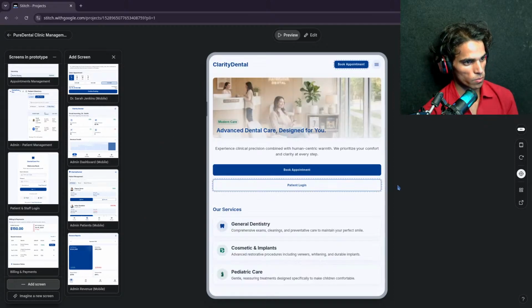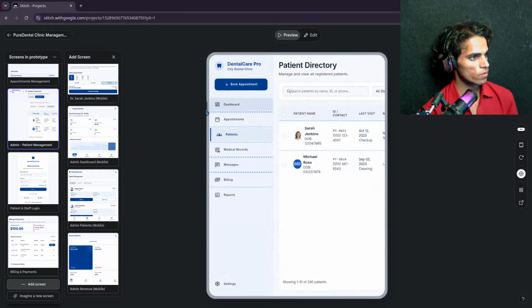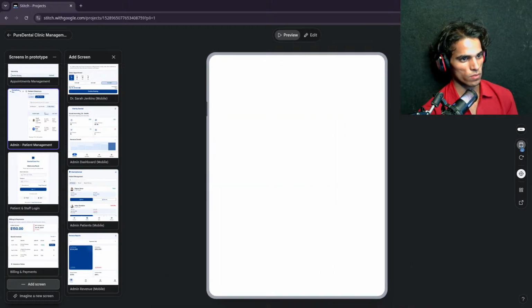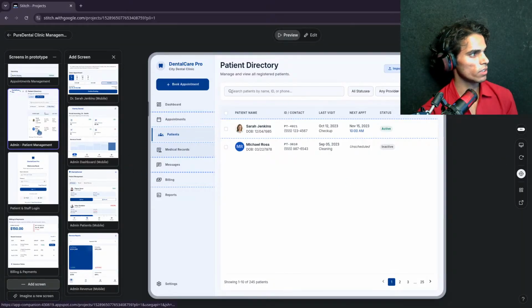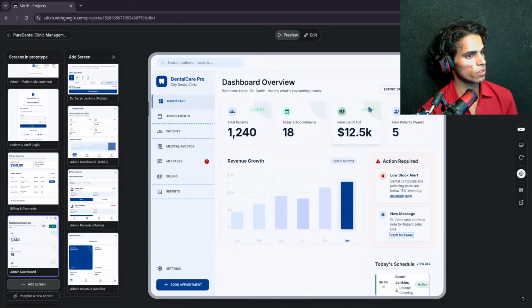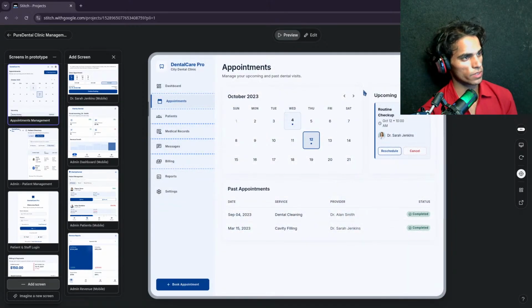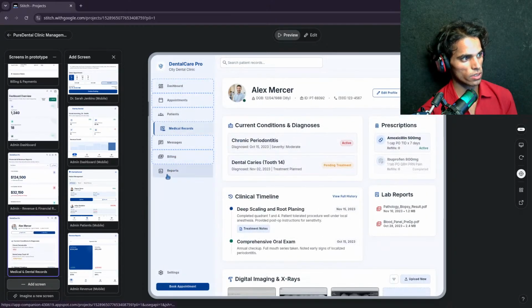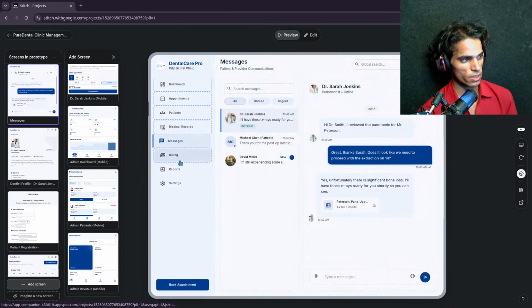So what I want is to make this a little bit larger. How can I expand it? Yeah, this is what I want. So let's click the dashboard. This is how our dashboard is looking. Great. Now appointments, it's great. Then patients, great. Medical records, okay. Then messages, okay, great.